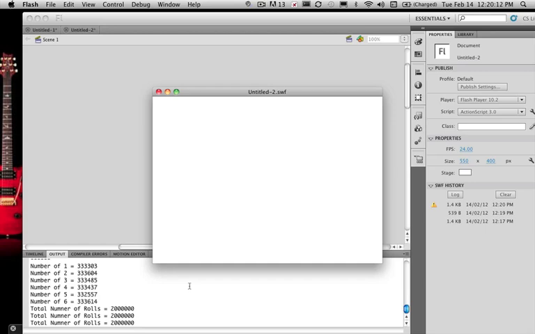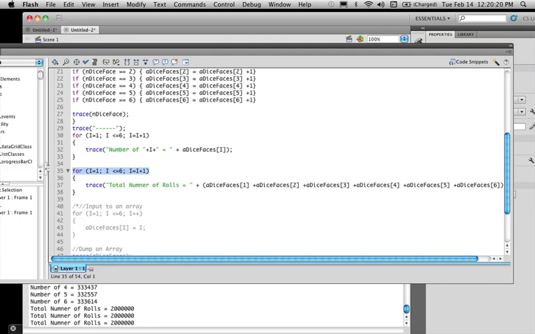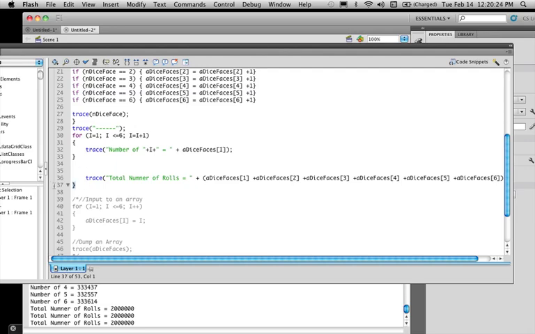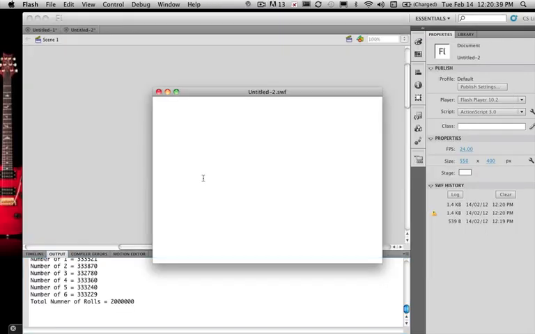Oh, I've got it 6 times, which doesn't help. Number of rolls? Yes, 2 million, 2 million, 2 million. Well, actually, I don't need the for do loop. I just needed the trace statement out of it. So I'll ditch all that. So what I've done then is I've actually used that. I could actually put a for do loop in there and add them up through a for do loop, but I don't think it's worthwhile for this example. So we can now trace out how many rolls there were. Total number of rolls, 2 million. To start manipulating